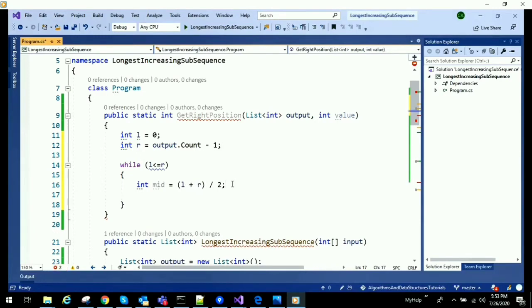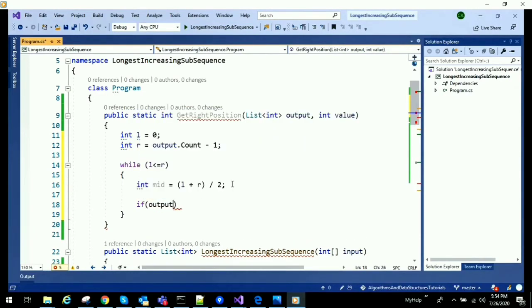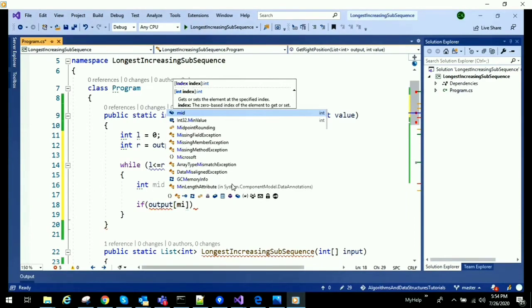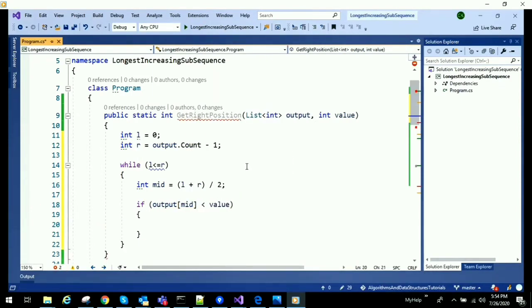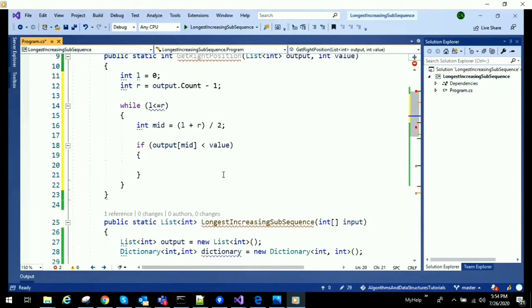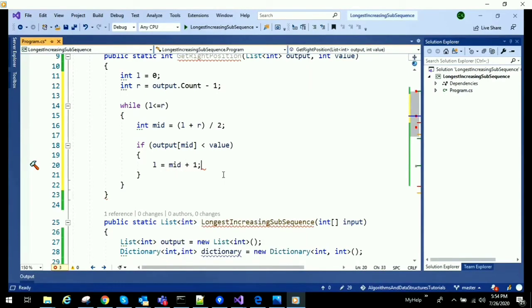And once we get the mid element, we will compare it with our current element. If the current element is greater than mid element, then our left index should increase, that is mid plus 1.